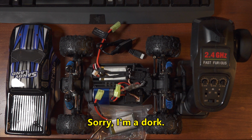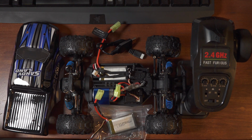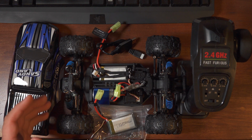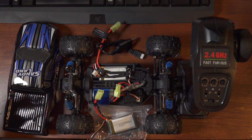Anyway, this model is often called the Sandyland truck because that's what it says on the body. And I believe the official model is PX9300. As the ad says, it's a 1/18th scale 4-wheel drive truck. It's built in the style of a hobby grade RC, and it's a fairly complete package with some lofty claims,